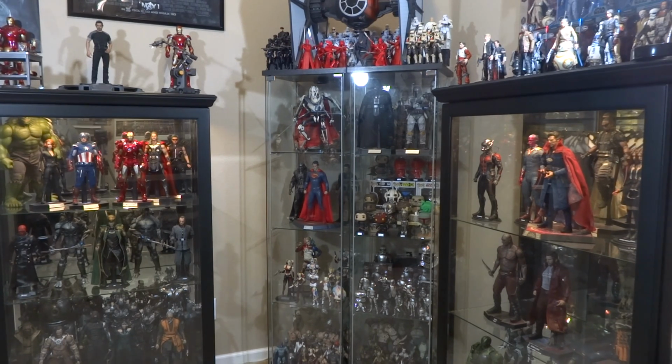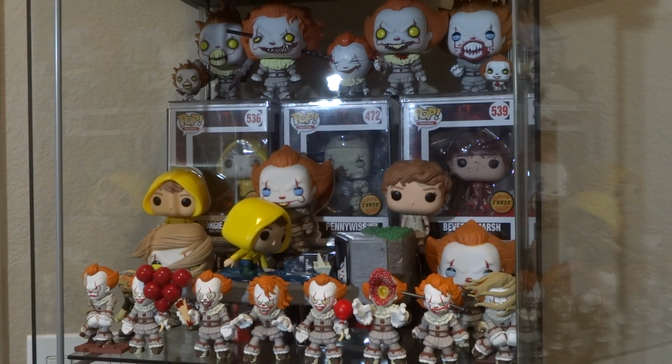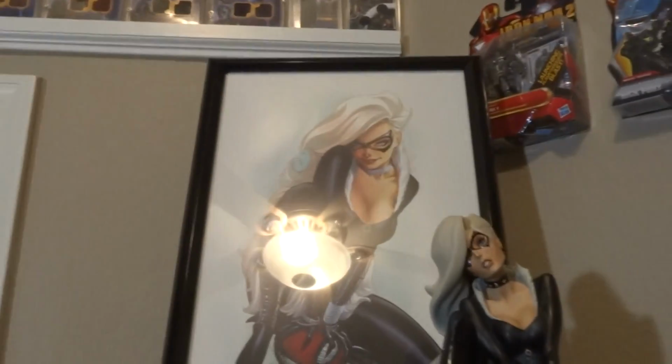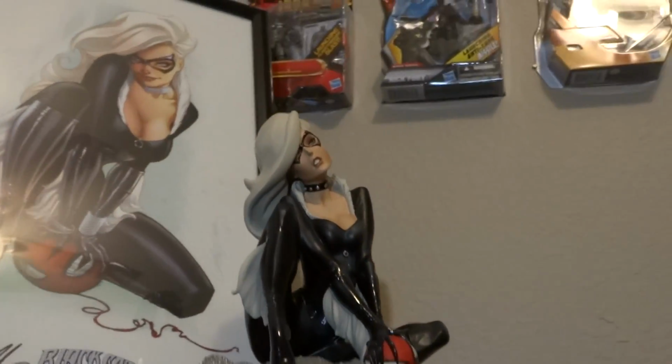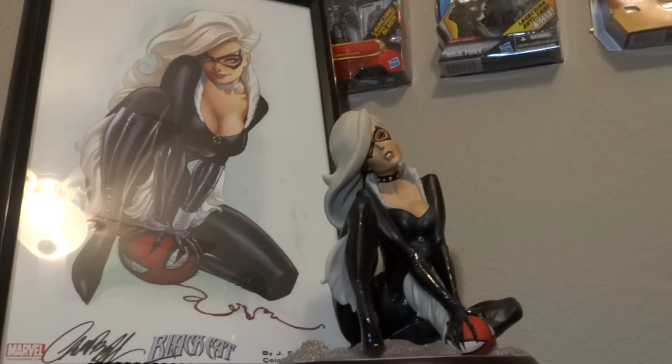So let's get started. Starting off with my first cabinet, this has a lot of Funko products in it. Funko has been introduced into this collection room a little bit since my last collection update. I used to keep it all, or at least a lot of it, in my room, just on my dresser. However, it started to make its way into the collection now that I've formed collections of Funko items. But before we go right into the Funko stuff, at the top, I do have my J. Scott Campbell Sideshow statue of Catwoman